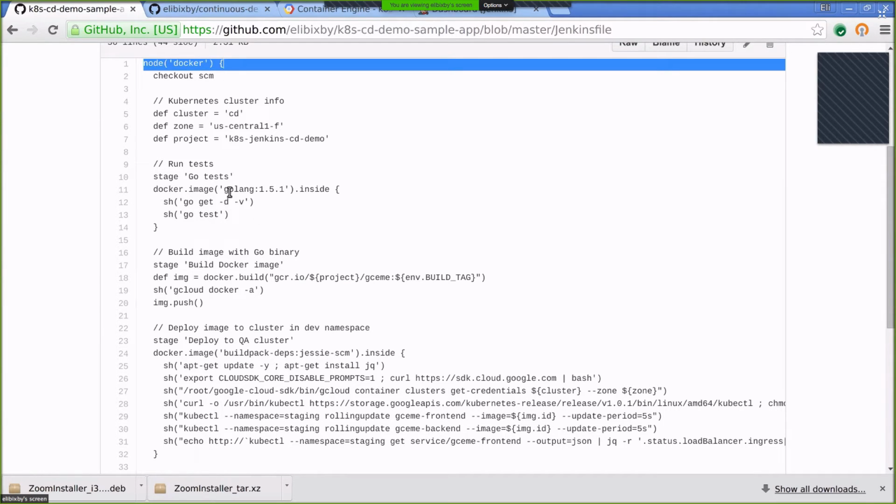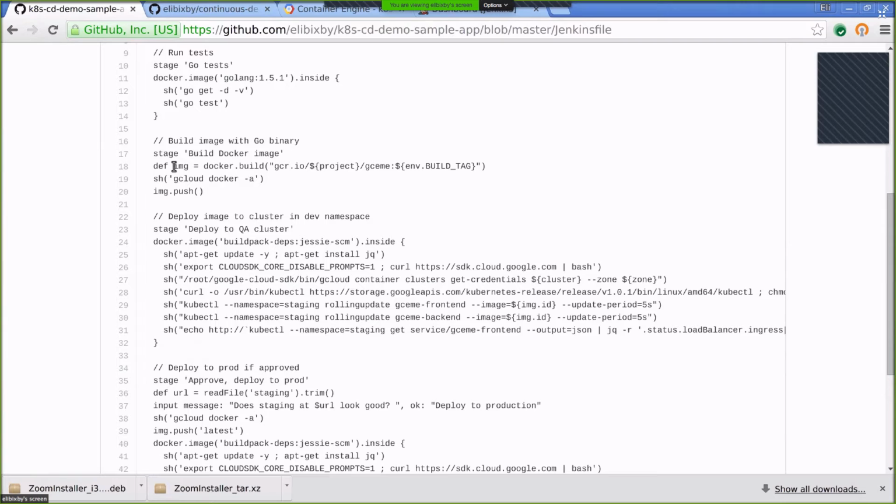We can run our Go tests inside a Go container. We can build. Here we're actually building a Docker image in the build agent that is in fact Docker. So our build agent has mounted the Docker directories that are necessary and is talking to the host Docker runtime and is using that to build a Docker image as part of our tests. So that's pretty neat.